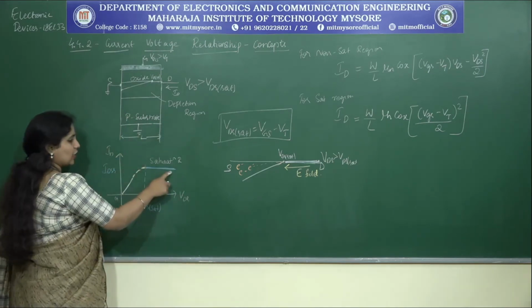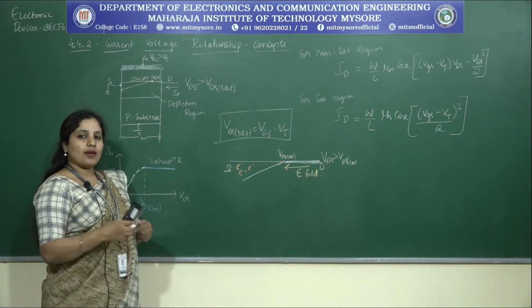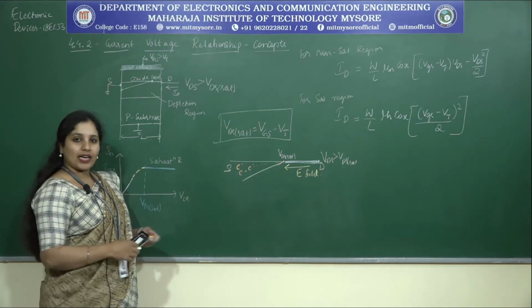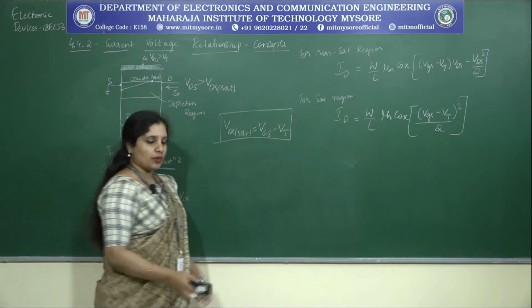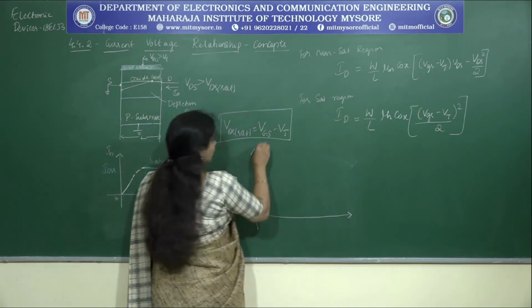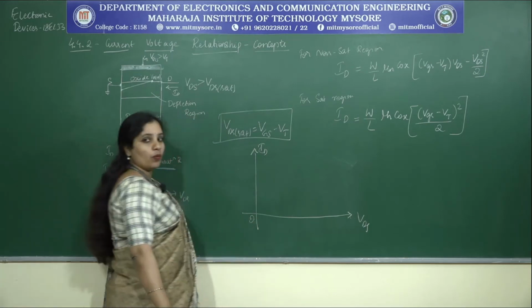And this is the condition for one VGS value. If I am varying the VGS as well, then I need to indicate that also in my characteristics. So let me try to represent the characteristics for that case as well. How will I consider those characteristics? Let this be ID, VDS and 0.